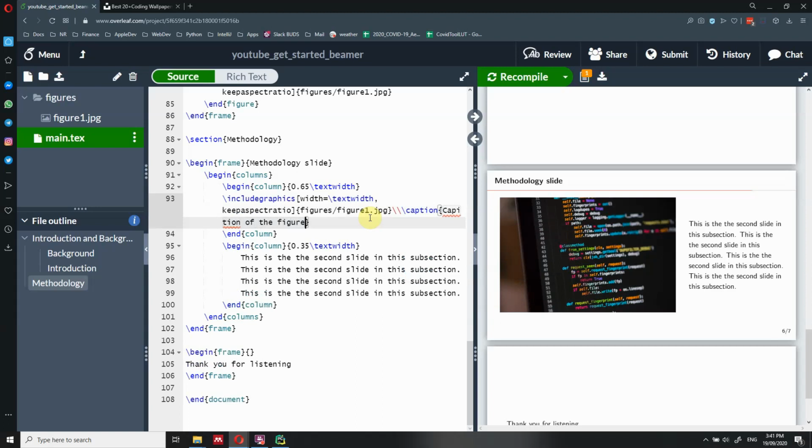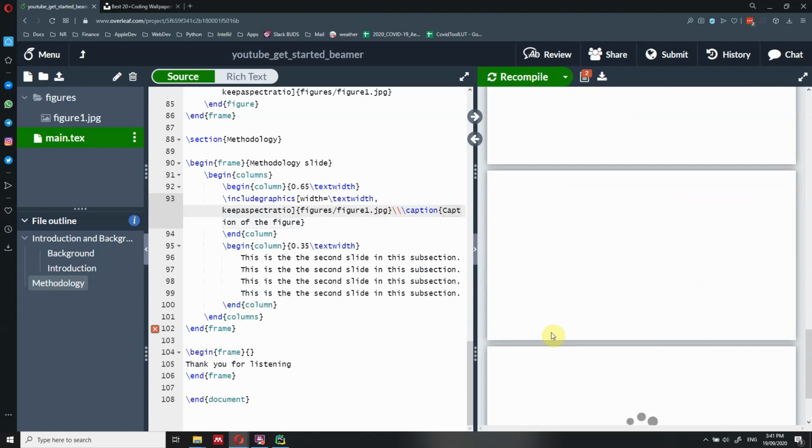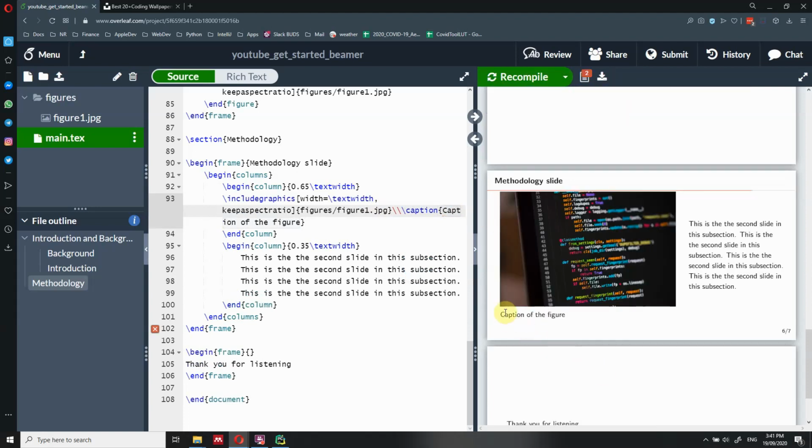If you add a caption, it could be that eventually you have to decrease the height of the figure itself. It can happen. It depends on how long your caption is, but not in this case because we had some space here at the bottom. So now we have added our caption of the figure, and everything looks all right, nice and neat. After you write a caption, there is another thing that I want to show you, that you can add